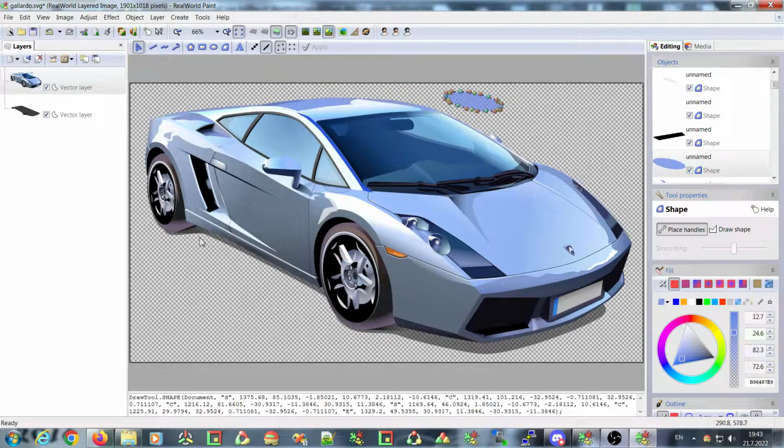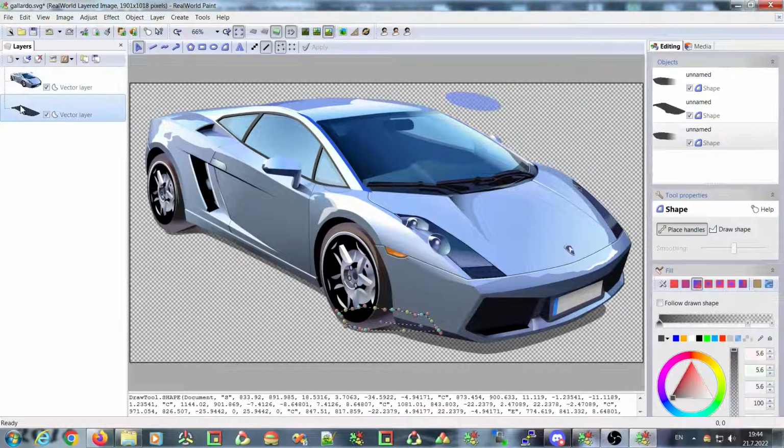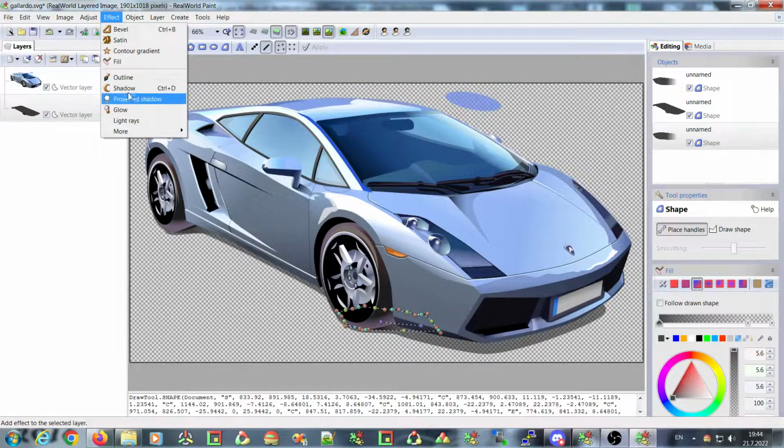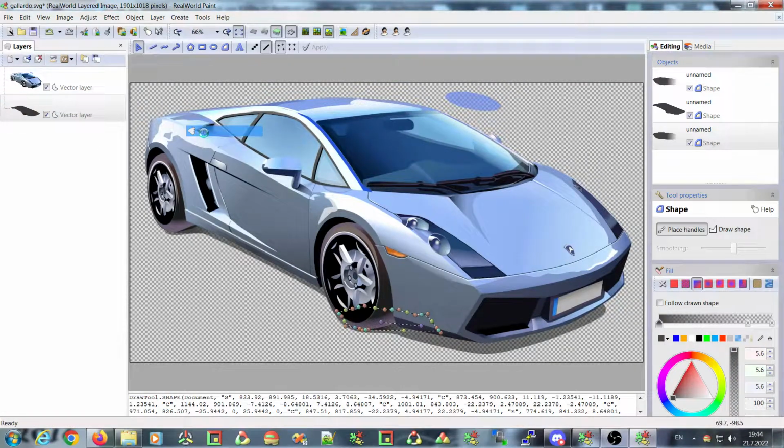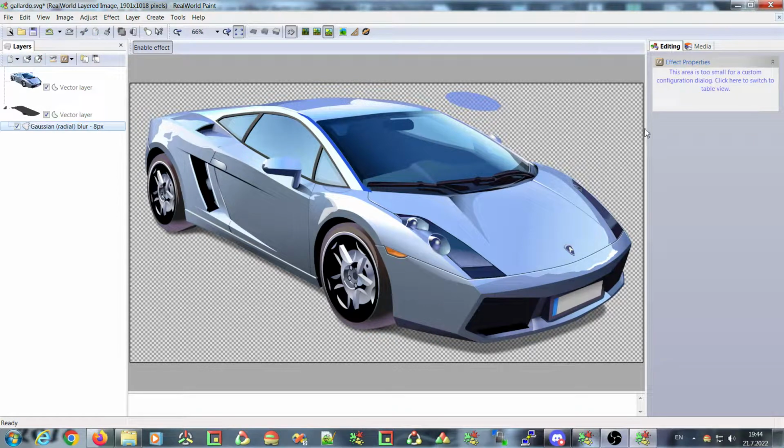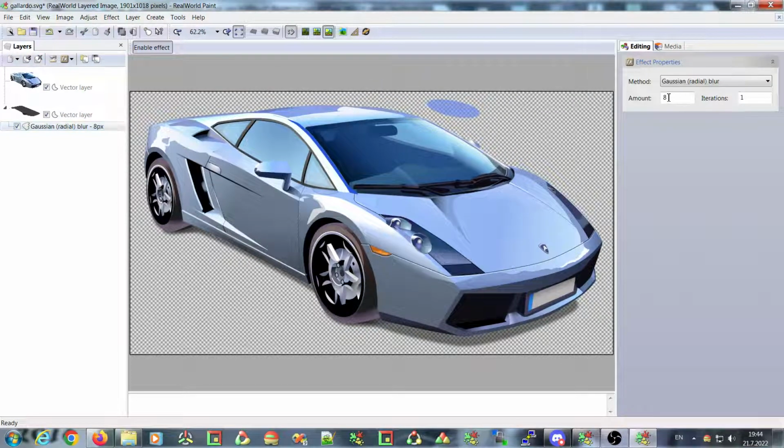And also effects or styles are not properly imported. I will eventually try to import some of the SVG styles, for example blur. This should be blurred. Where is the blur? Maybe. Yeah, so